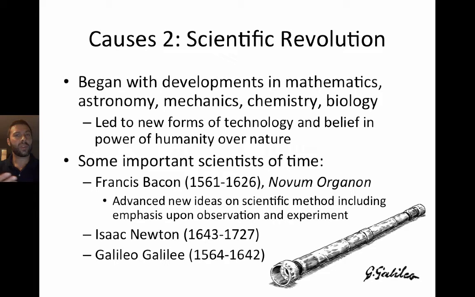And so this leads to a belief among individuals and among societies, and of course scientific and philosophical societies, that the human being has a certain power and control over nature, and it's a power and control which is in many ways not given to us by a higher authority, but established by a very human practice,